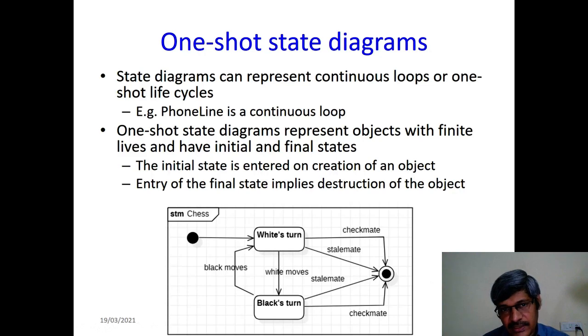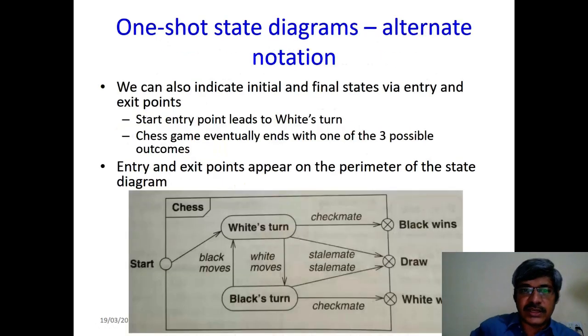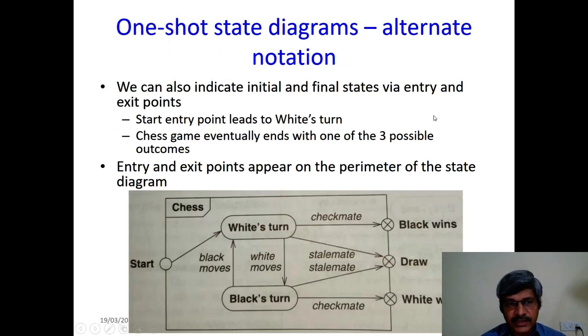There is also an alternate representation for this one-shot state diagram. We can indicate the initial and final states via entry and exit points. With the same state diagram, you can have entry points, and you can also give a name for them. So the start entry point leads to white's turn. Then, as we discussed, after white moves it will be black's turn, and if black moves, then it will be white's turn. It will keep going on like this, and eventually, as I already explained in the last slide,